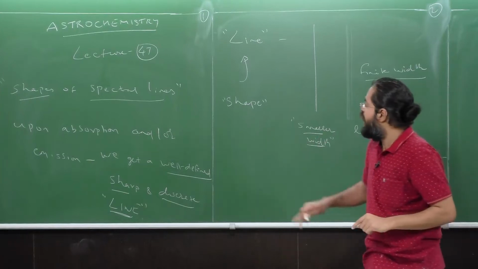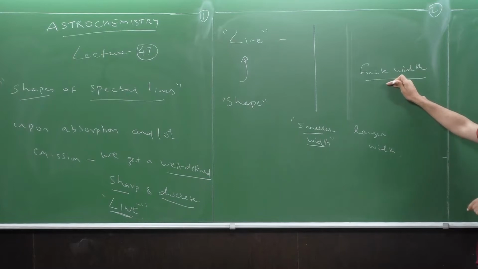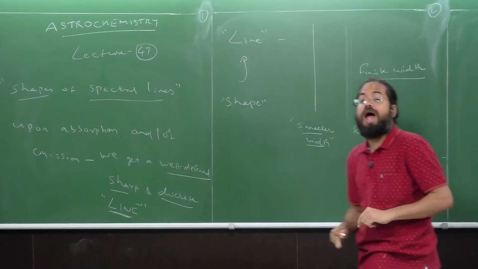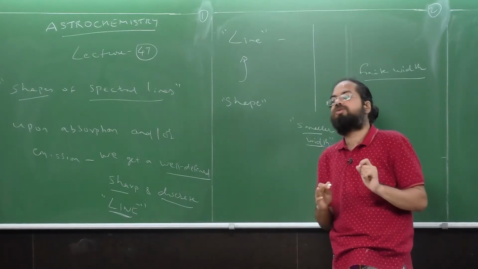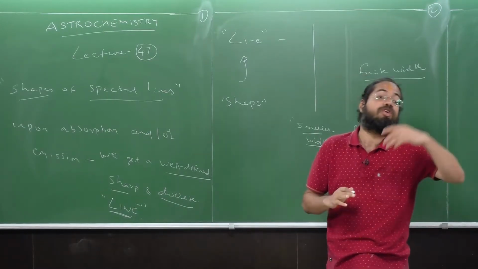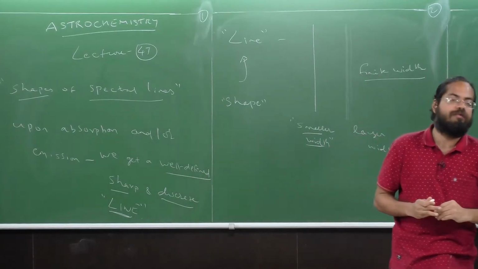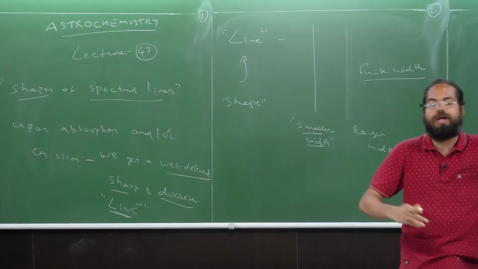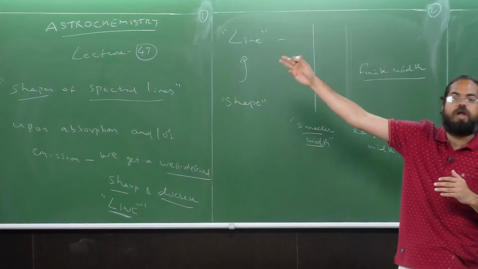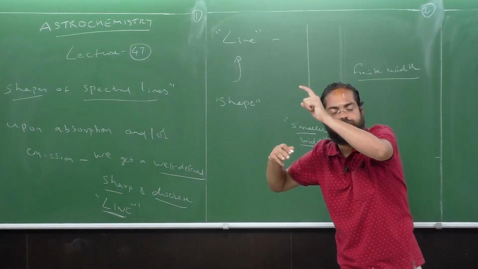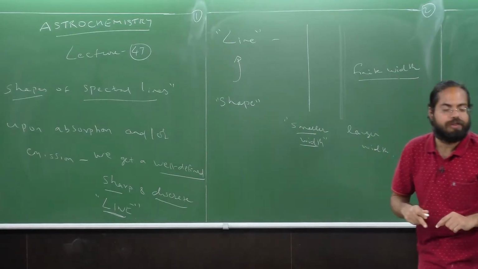So understanding this shape, in other words the finite width of a spectral line, is critical to accurately detect molecules in space. Remember that our task is not just to detect molecules, but also to accurately detect what is what. We should be able to distinguish between, for example, various isomers, and between molecule A and molecule B. It is not sufficient to say that there are molecules in space. We must say, this is the specific molecule present in space. And for all this, understanding the notion of line width is important.